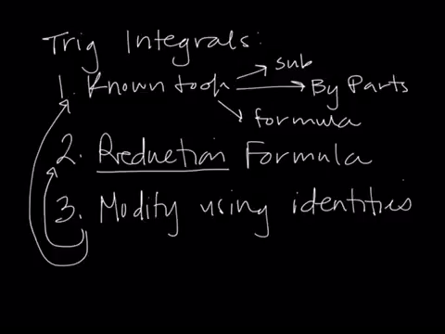So we specifically modify in such a way that will allow us to solve a simpler integral. And that's where these trig identities come in handy: how can we change this trig piece to be something that is more friendly to work with. So that's where we're going to start, is number 3, because we've already done a lot of practice with number 1, with things that didn't need to be modified. And the reduction formula is going to come from our synthesis of other integrals. So we really need to start at number 3, modify using identities. Okay, so when we're talking about trig integrals, we're talking about integrals beyond the realm